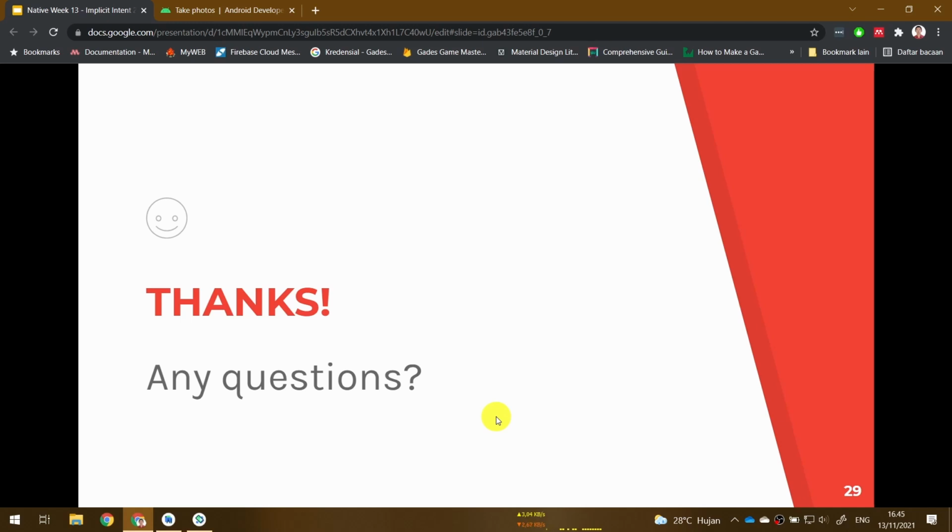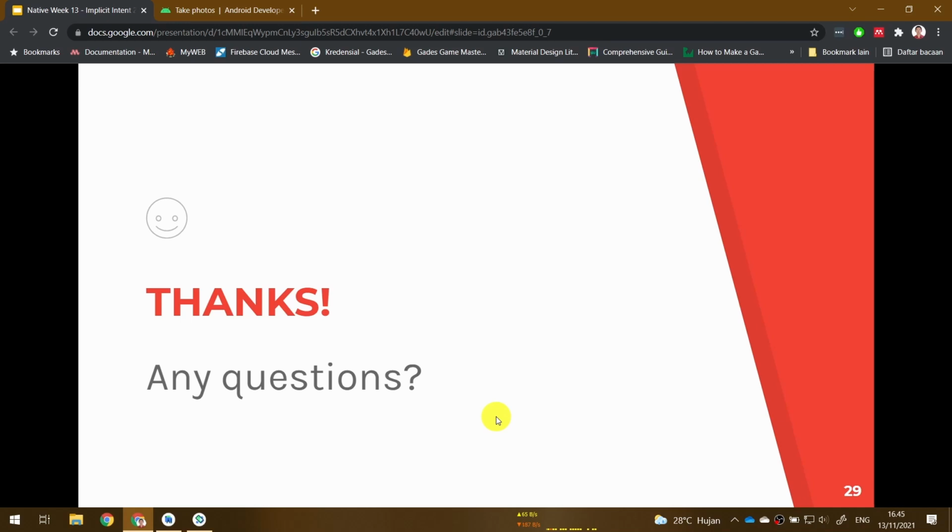Yeah, we have tried to access the camera by checking the permission first, asking for permissions also when using API 29 and above, and then after the permission has been granted, our implicit intent can be invoked, running the camera app, and we have the preview from the camera app. Yeah, so I guess that's all we have to learn about implicit intent.